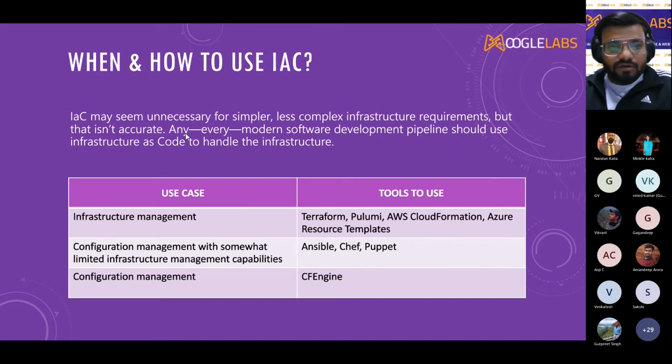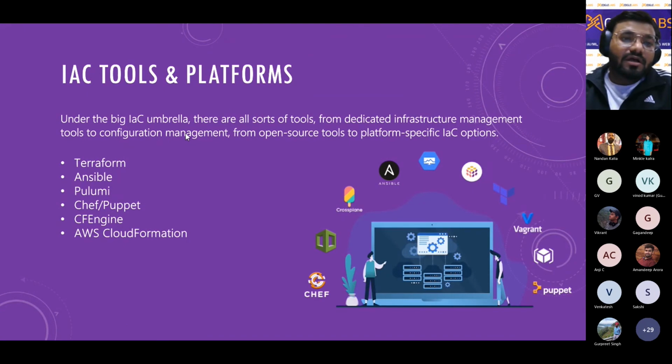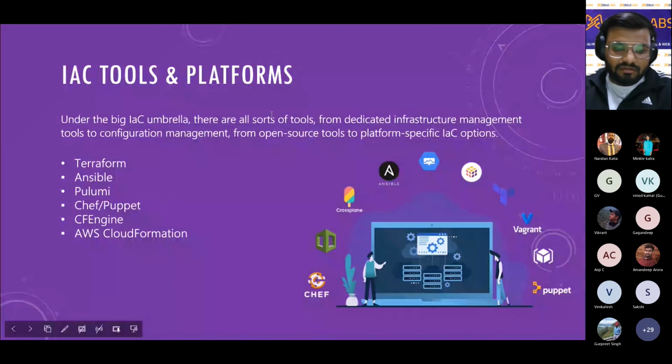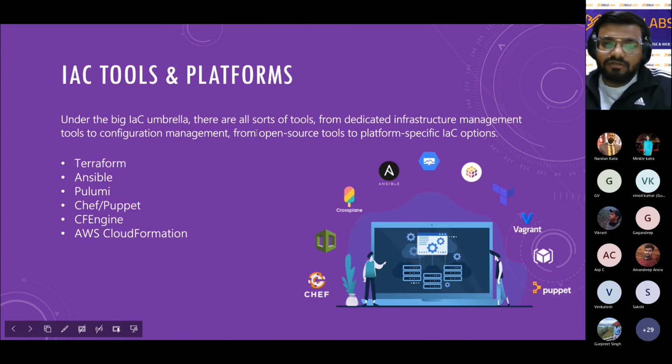So now we'll move on to our next slide, that is different tools and IaC platforms. There are a few over here. First of all, there is Terraform. It is an open source tool by HashiCorp that supports both declarative and imperative IaC. It can be used with multiple cloud providers and supports a wide range of resources, making it a versatile and popular choice.